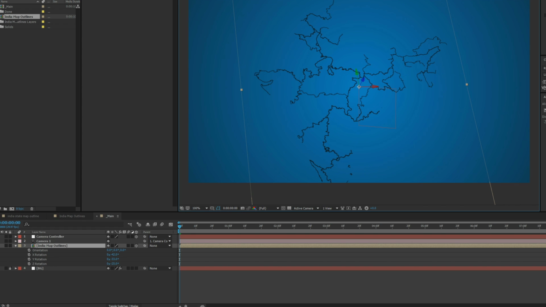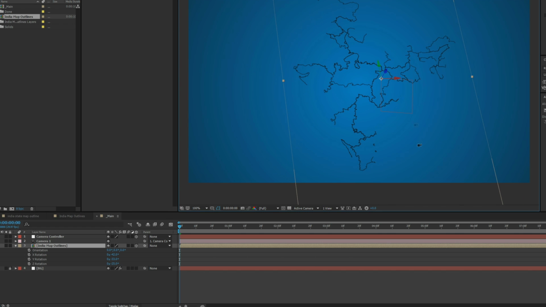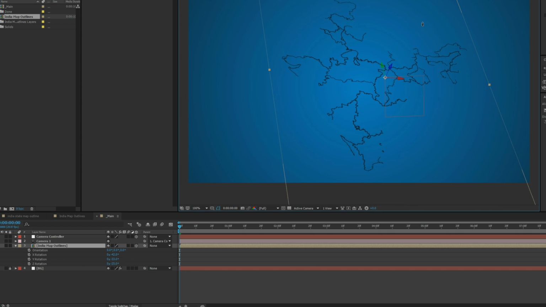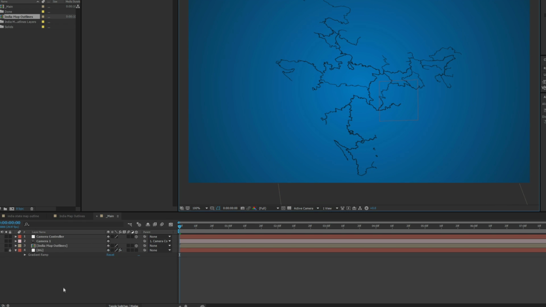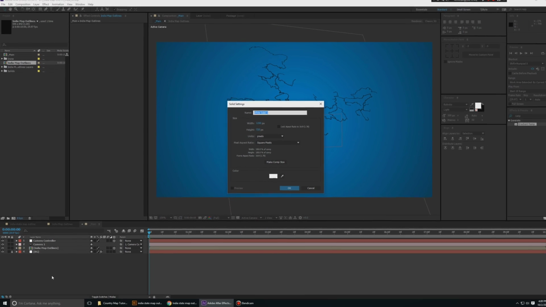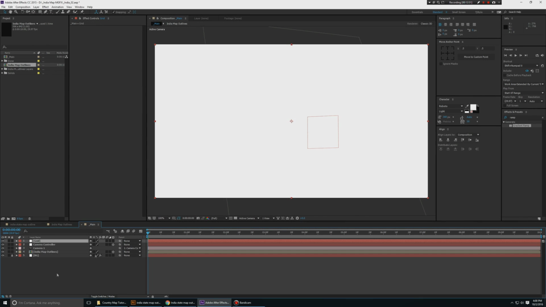But I'm very comfortable using the camera, the unified camera tool. C is a shortcut for moving things around and getting some nice animation done like that. Okay, this is nice. I'm gonna create a new solid. I'm gonna call this grid. I'm gonna go to effects and presets, type in grid,